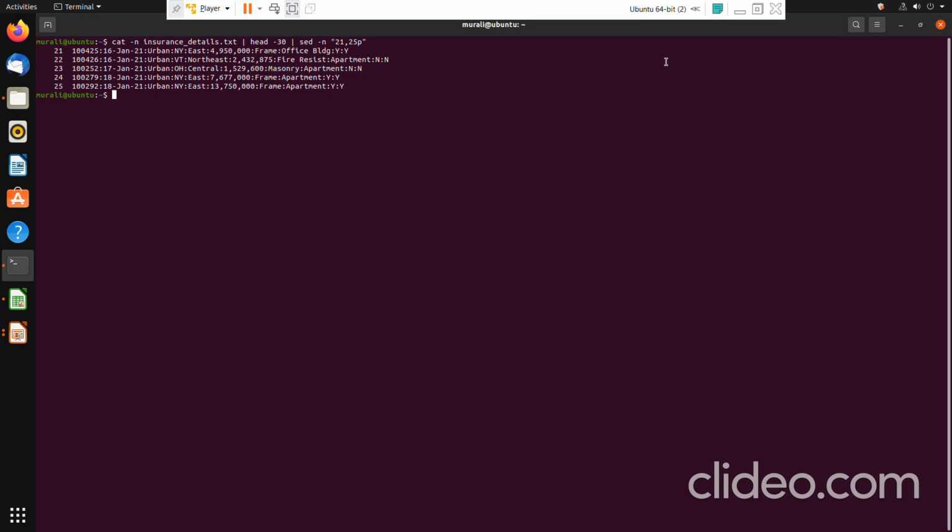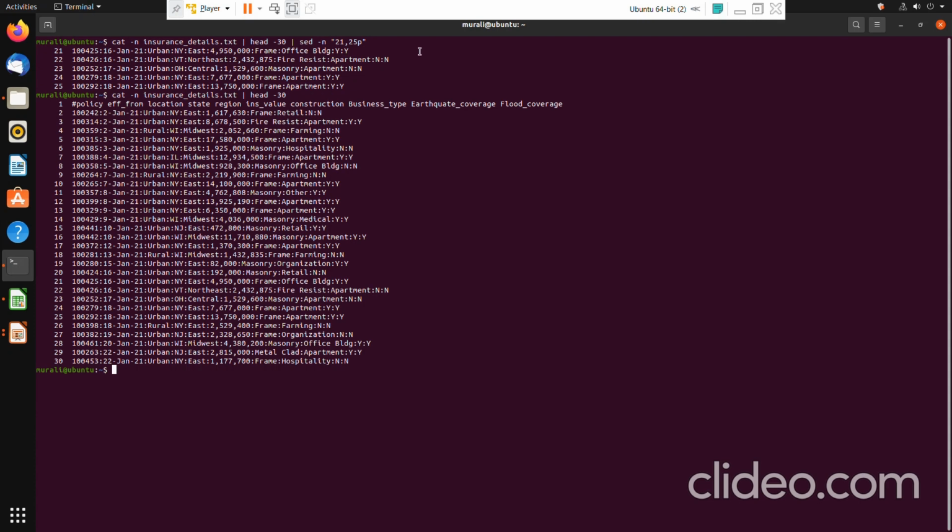Next let us look at the action Q. So what is the purpose of the action Q? Let us suppose that I want to print all the lines from this file, but only till the record wherein the insurance ID is 100424. Only till that record I want to display. After displaying till that record, I want to quit. I want SCD to terminate. So I want SCD to print only up to 100424.